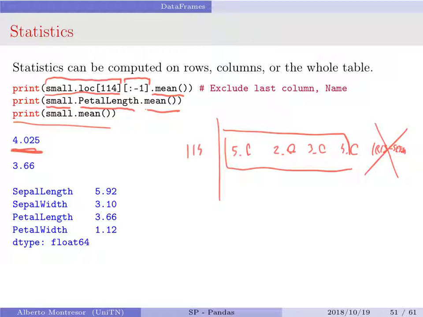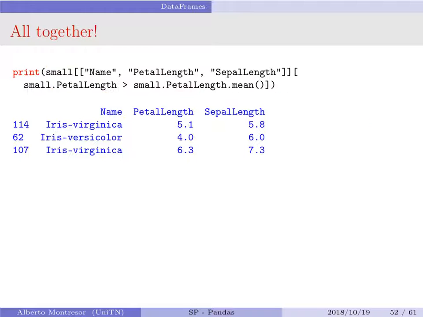But the result is now a series because you have an element for each of the columns. So this is the average for sepal length, this is the average for sepal width, and so on. Altogether, this is okay. Now I need to see if I'm able to explain it.